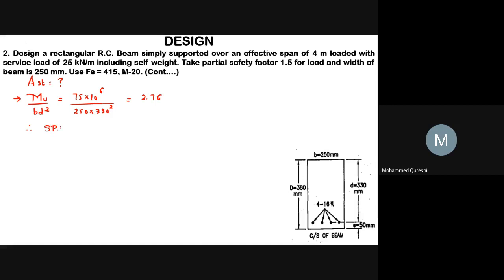So now from SP16 page 48 table number 2, value of Fy is given as 415 Newton per mm square. Hence, you will get the value of PT as